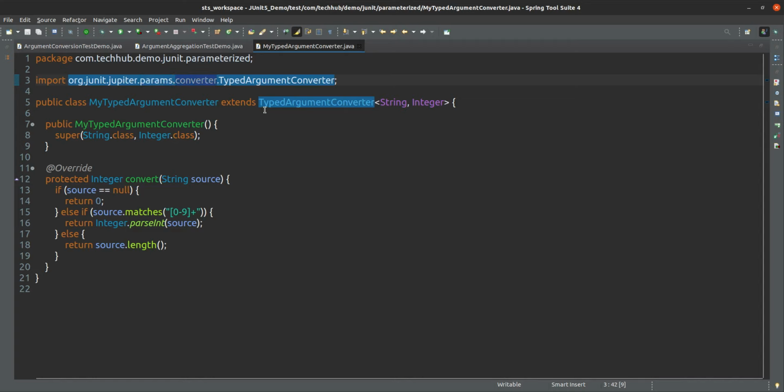Under this converter, this abstract class is available, that is a